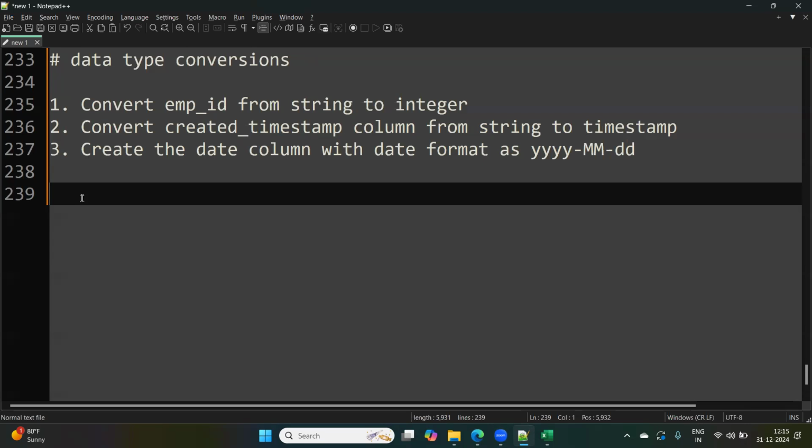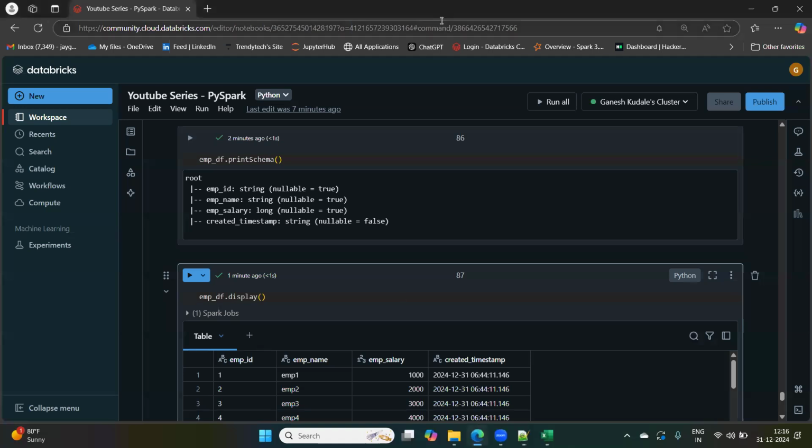In this session, basically in the previous session we understood how to work with column transformations. In this session we will understand how to use withColumn transformations for data type conversion. So what we'll do, for example, I'll show you